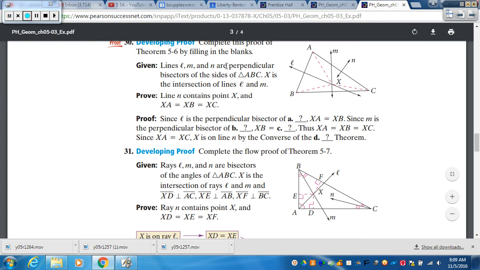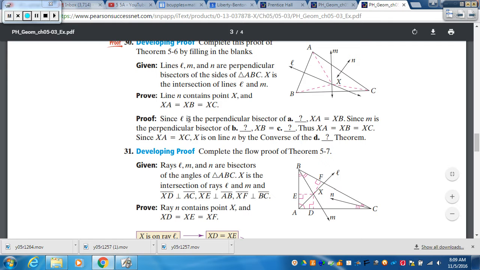Lines L, M, and N are perpendicular bisectors of the sides of triangle ABC. X is the intersection of lines L and M. Line N contains point X, and XA is congruent, or is equal to XB, which is equal to XC. That's what we're trying to prove. So,